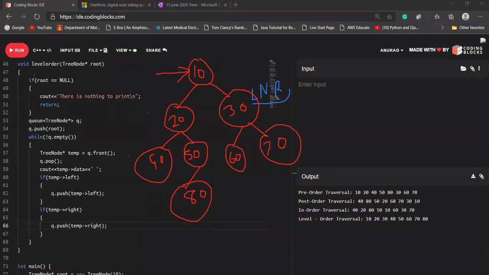Does anybody have any idea how to solve this, or do I need to explain the algorithm? I'll explain the concept first. If you want to do it yourself tomorrow, you can do it.